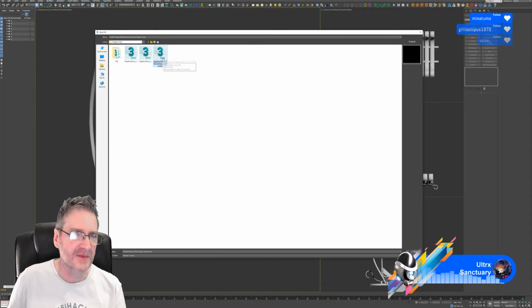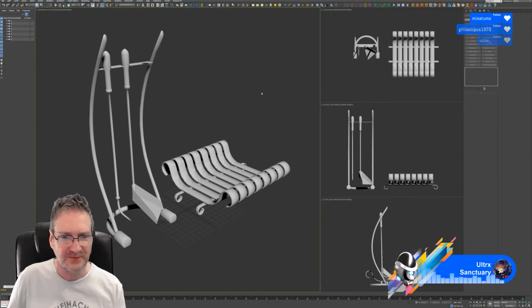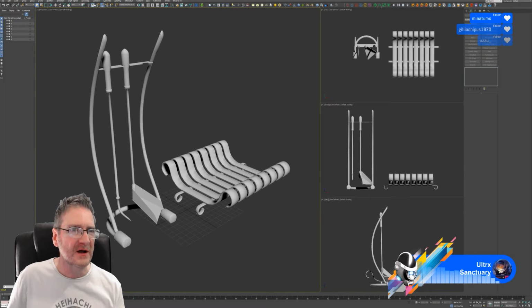Just looking through here, backup. This is the one I want. I'm just going to quickly have a look through the preferences.